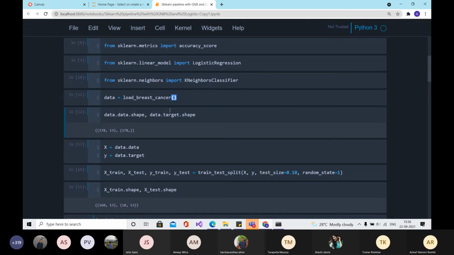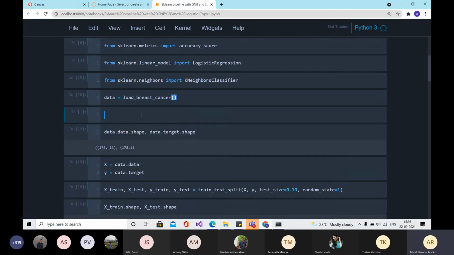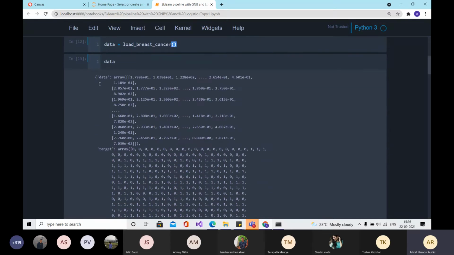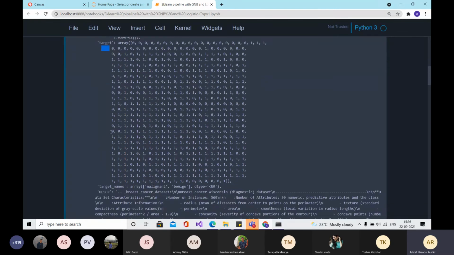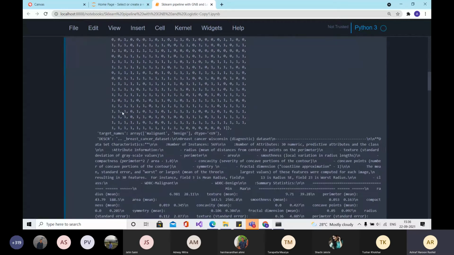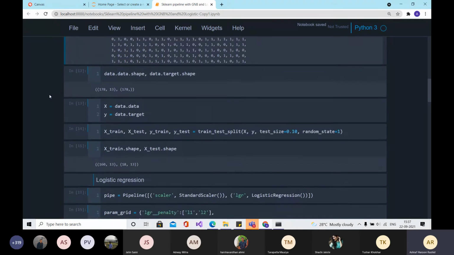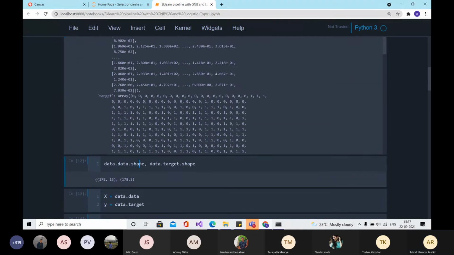The dataset that we just loaded in the data variable, if you try to print it, is a dictionary that contains keys such as data, target, names, and many other parameters for the particular dataset.